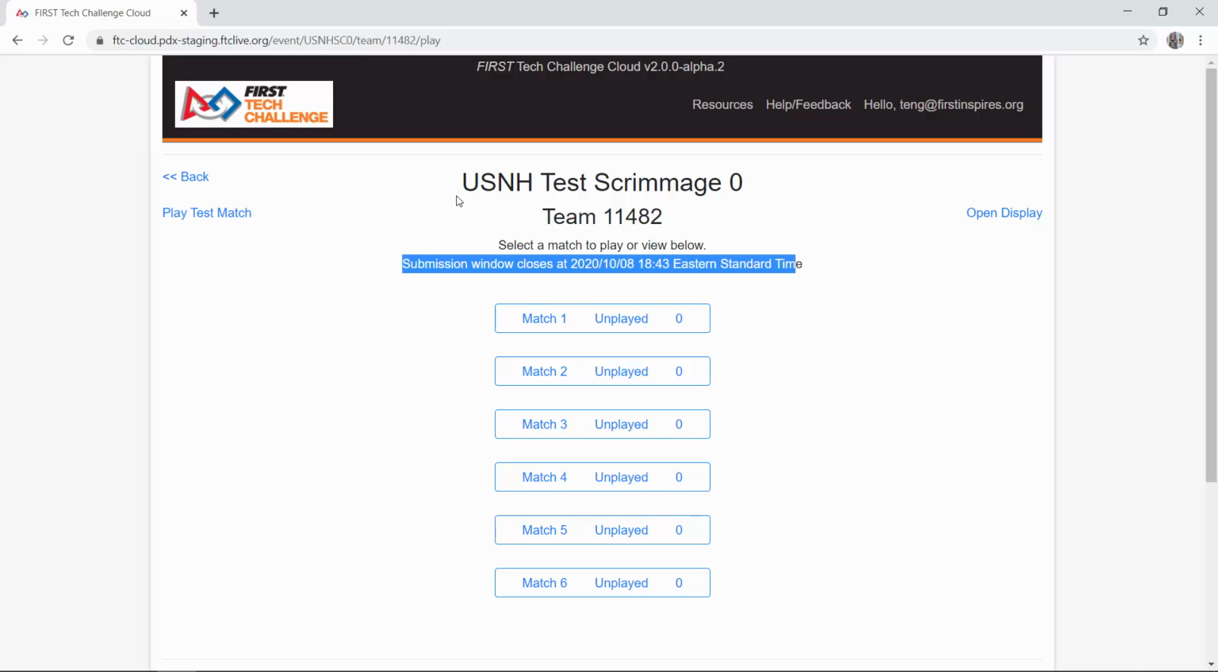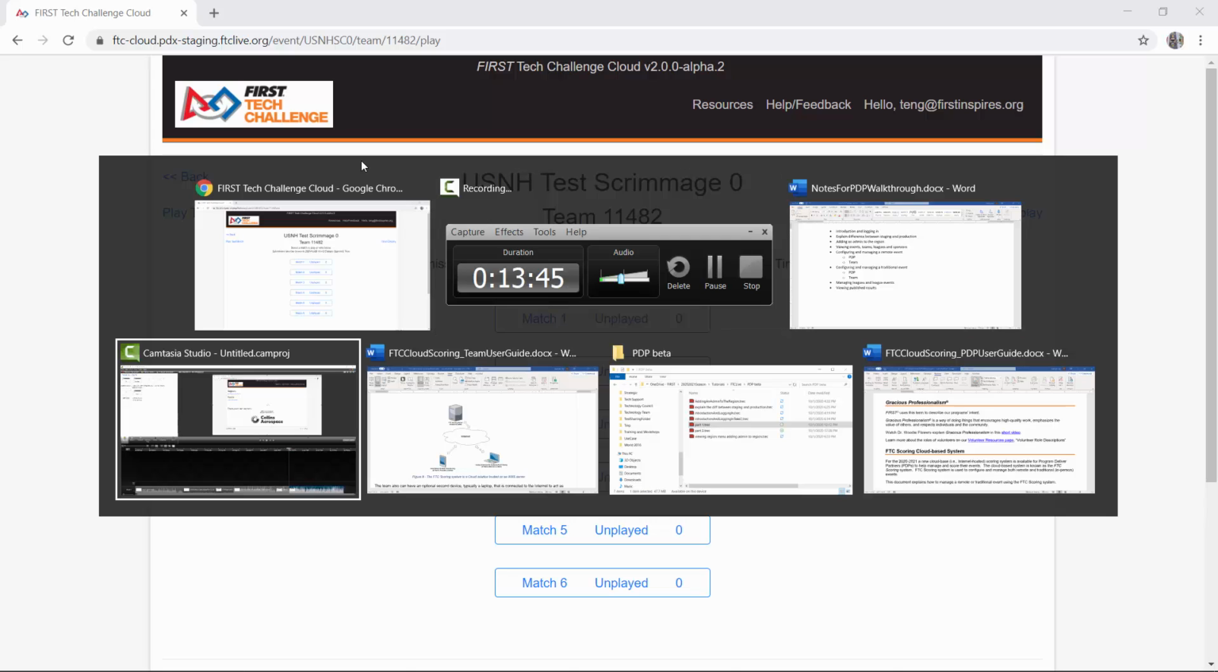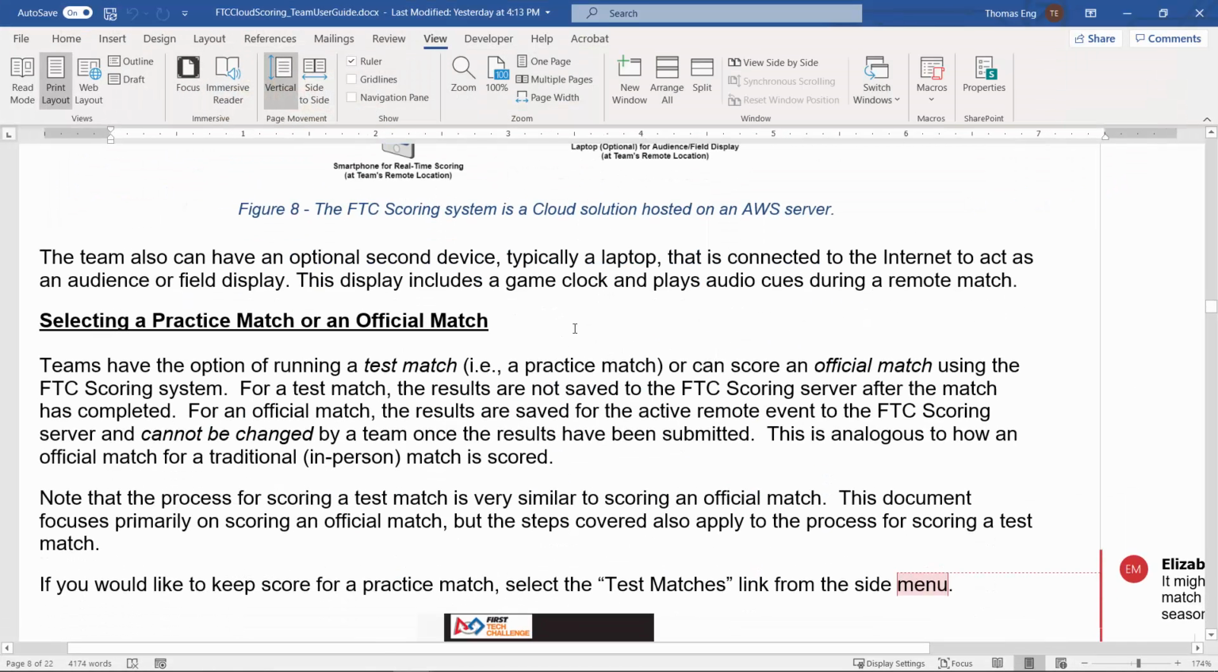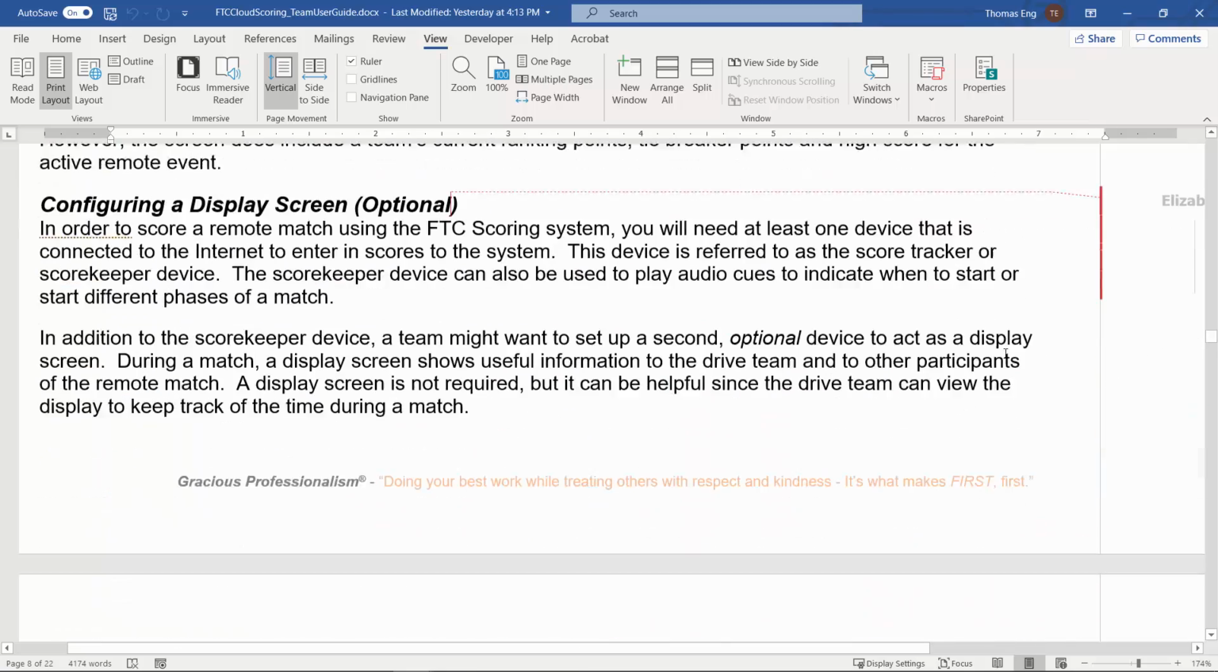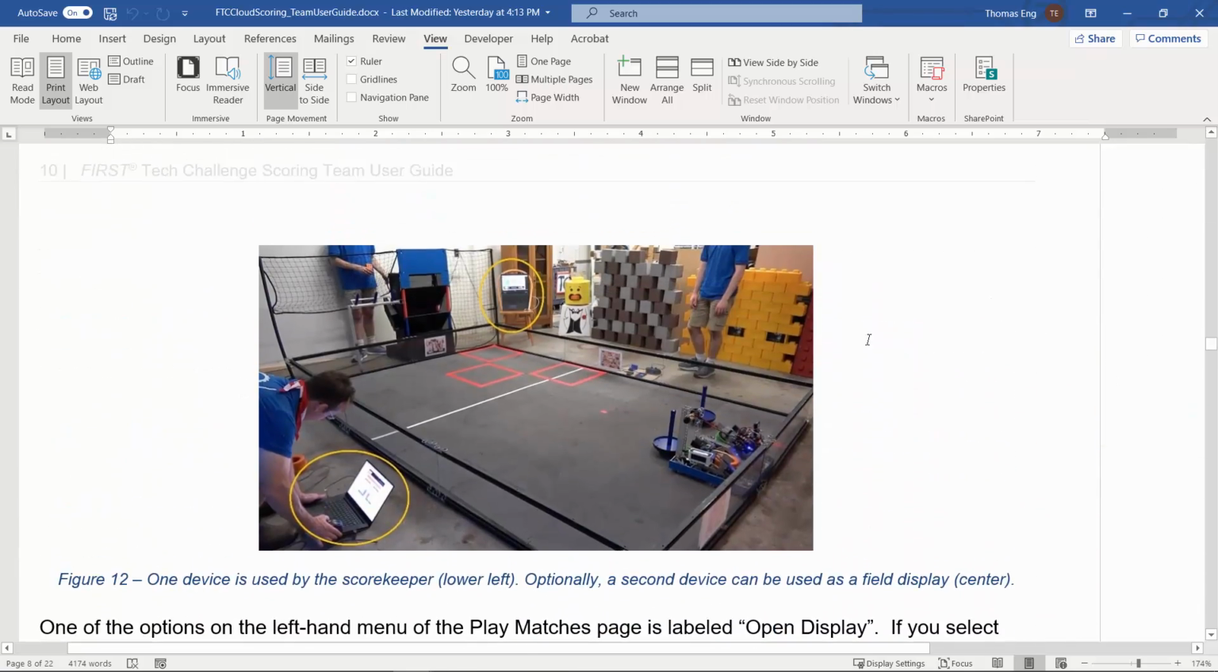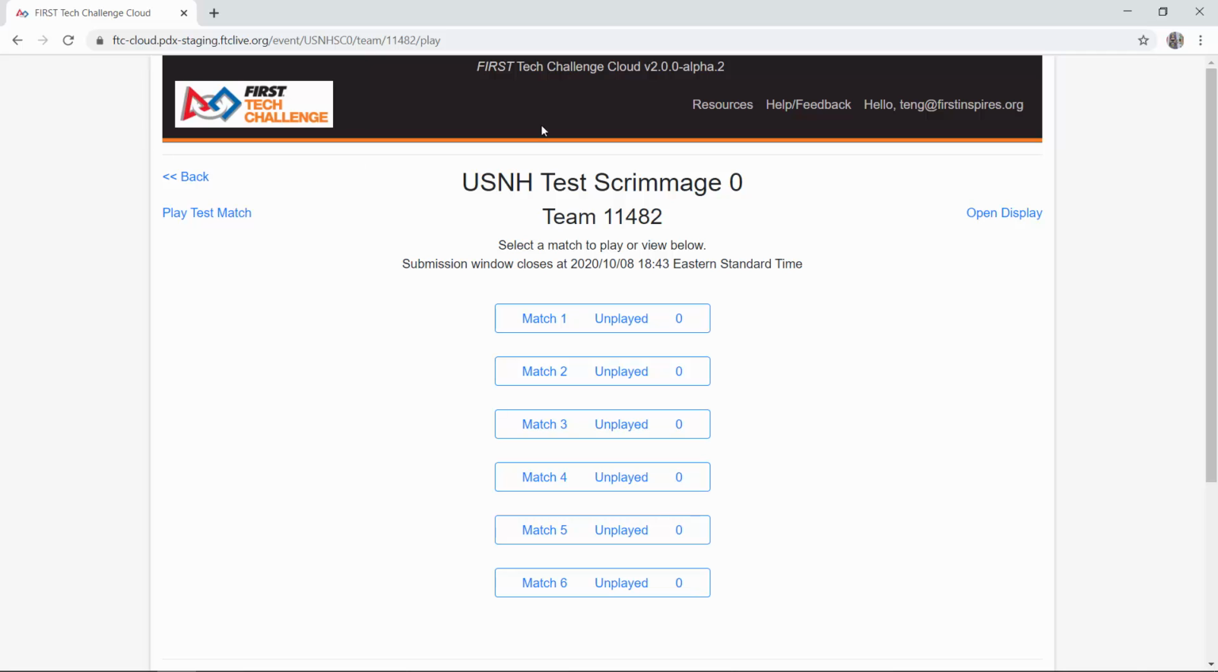So the idea is you have the ability to play a match. And I'm going to scroll to some documentation, which I will provide links to at the end of this. But let's talk about how you want to do your scoring. If you're a team and you want to do scoring, you're going to use this remote scoring system to do the actual scoring, and it'll become obvious once we step through it. But in addition to an internet connection, you'll need to have at least one device that you're going to use to enter in the scores as the match unfolds. Okay, so as the match is occurring, you're going to want to use this laptop or tablet or phone